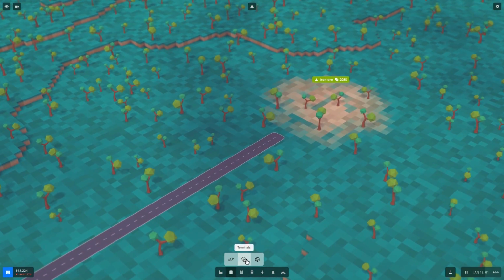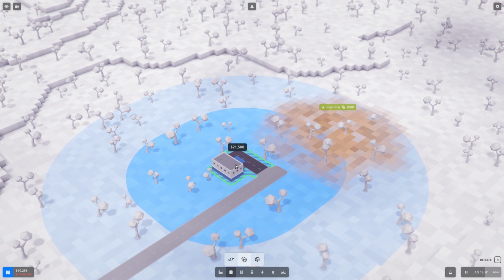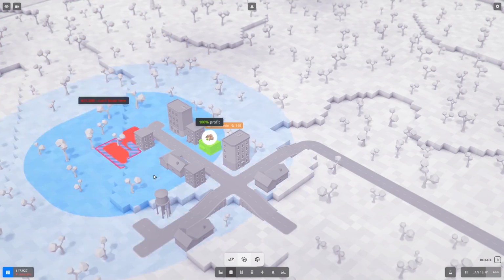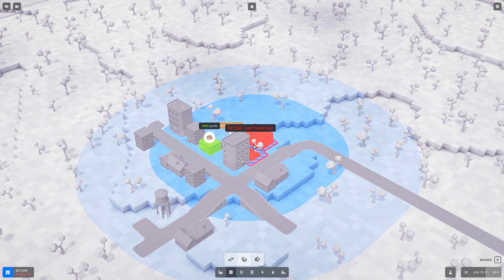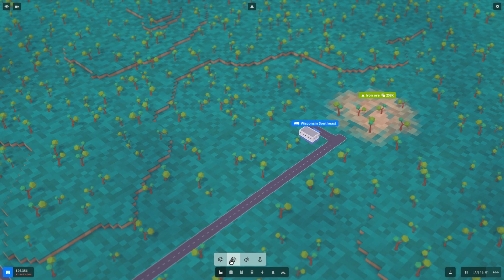So now, let's build another terminal here to pick up and drop off the iron ore. So I guess we'll make one like here. Perfect. And then we'll make another one to drop off the iron ore in town. And we can actually kind of squeeze that in somewhere. Like here. Perfect. Alright, we're down to just 26,000. And I think we need a little bit more in order to make our...